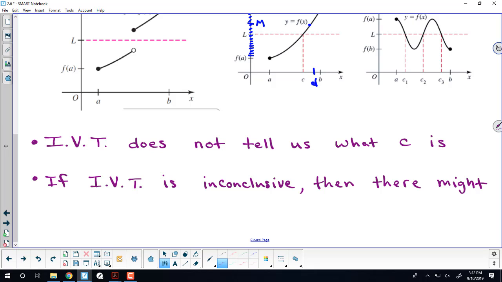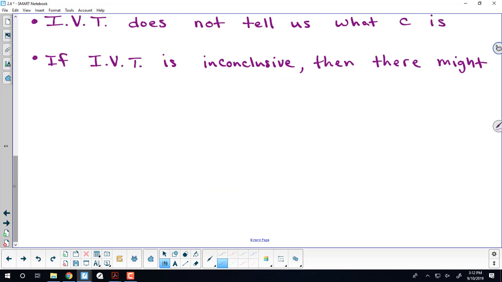But if the intermediate value theorem is inconclusive, you don't just totally dismiss that it's a possibility. If it's inconclusive, you can't say anything about it. It's still possible to be there or to not be there. There might still be a C in a, b such that